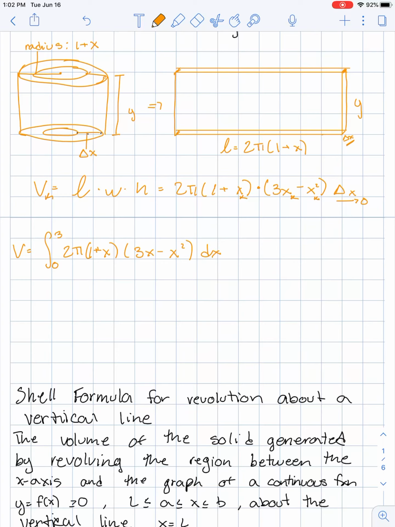We don't have delta x, we have dx, all right? And then we can multiply this out